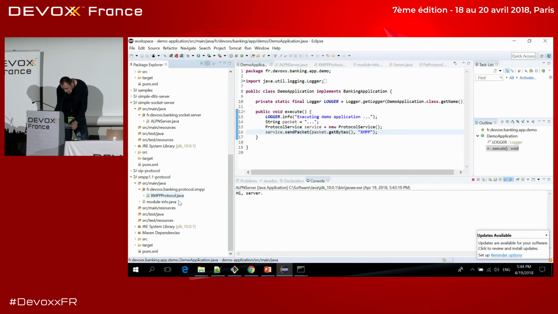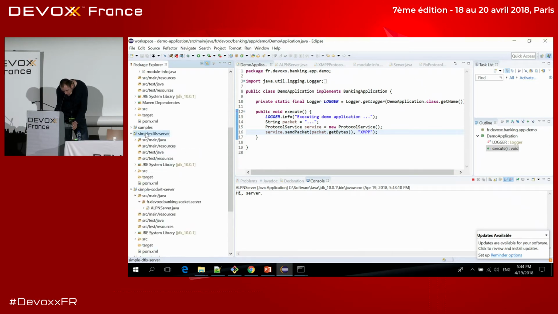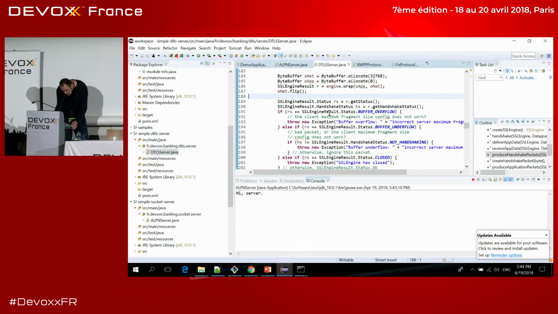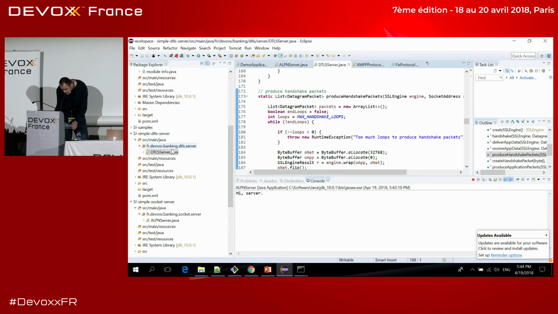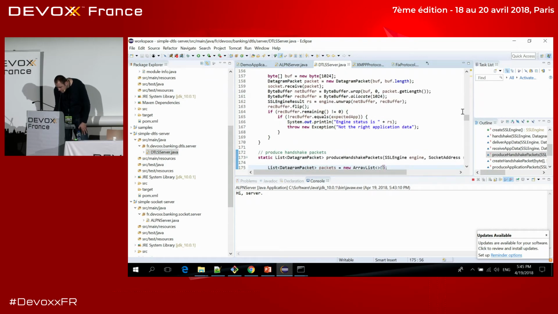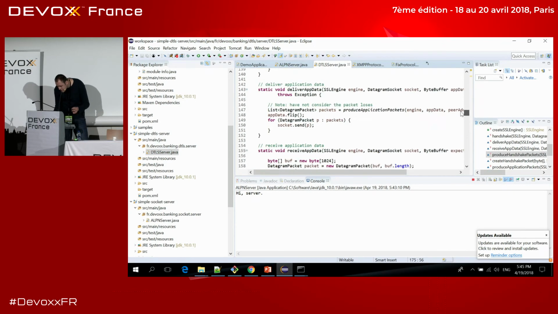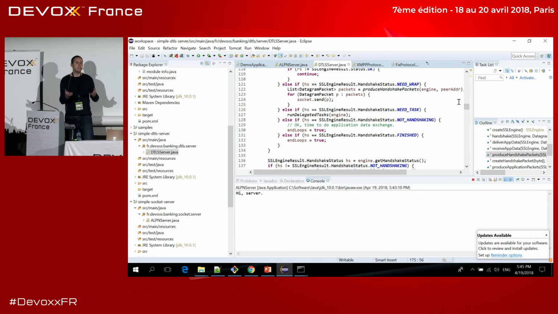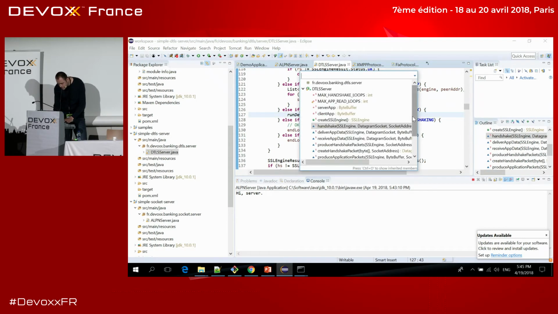In order to look at how such a chat server would look, I have an implementation provided by the DTLS server class. That implementation is fairly complex because it considers a lot of side cases that need to be handled by your application during the TLS handshake process. This particular example is derived from the OpenJDK test suite. I'll not go into the gory details of all of the things that happen here, but the essential thing to look into